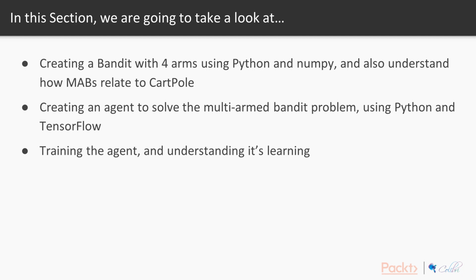So as I said, MAB is, you can kind of think of it as a simple environment that dumbs down the CardsPro environment, because if you can recall, in CardsPro, there's a lot of information. The environment gives you 4 numbers that really don't mean anything unless you dig into the physics of it. Whereas in MABs, because you wrote the whole environment yourself, and the environment itself is very, very simple, it's very easy for you to grasp what's going on within the environment. And then it allows you to focus on how to create an agent that actually finds the optimal action in